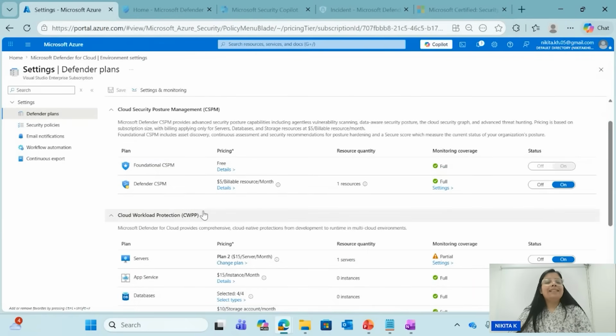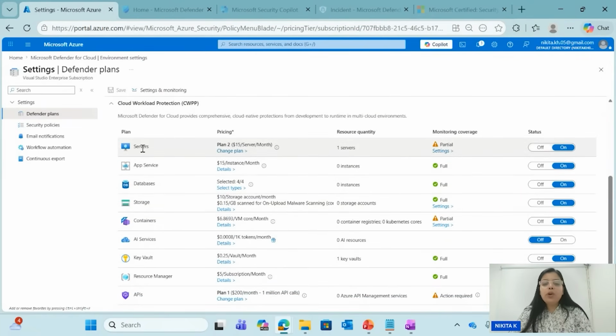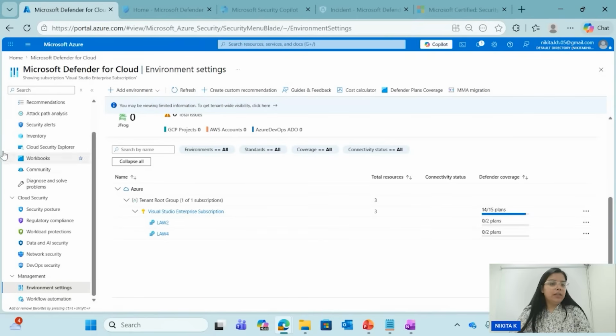And CWPP, as it's your workload protection. So what do you want to protect? You want to protect your servers, your app service, databases, storage, containers, whatever you actually want to protect. Here you can see I have connected one server, one virtual machine here. Now, if we go to the different alerts,